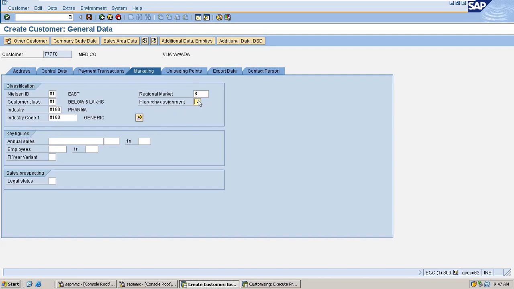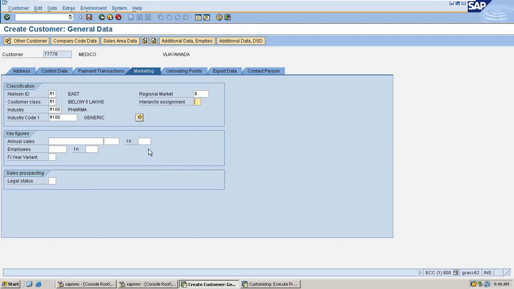And hierarchy assignment. We use this field for customers who have a hierarchy concept. For example, if we take Big Bazaar, it is located in Andhra Pradesh as well as in Telangana. In Andhra Pradesh, we can see it in Vijayawada as well as in Visakhapatnam. If we are closely watching, then we can come to know the hierarchy tree of the company. So, if the company has hierarchy levels, then we can assign the hierarchy assignment here.